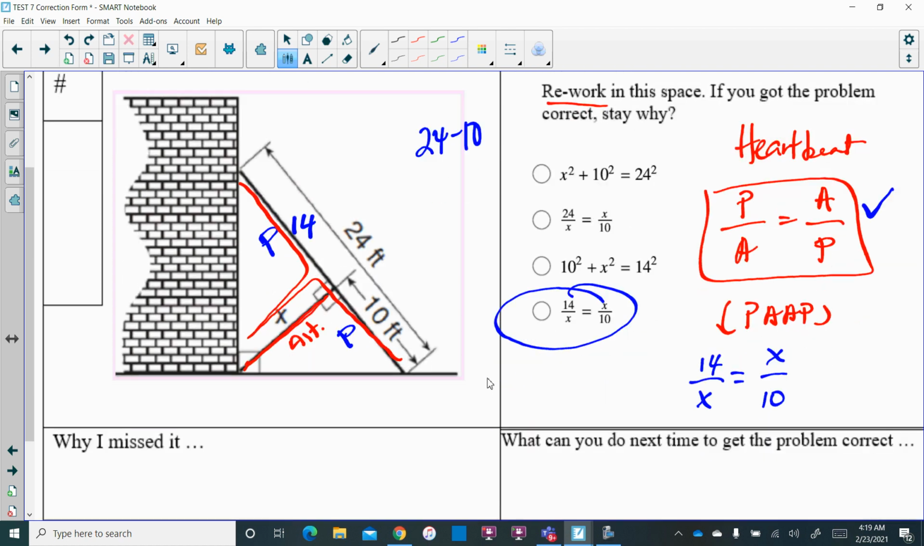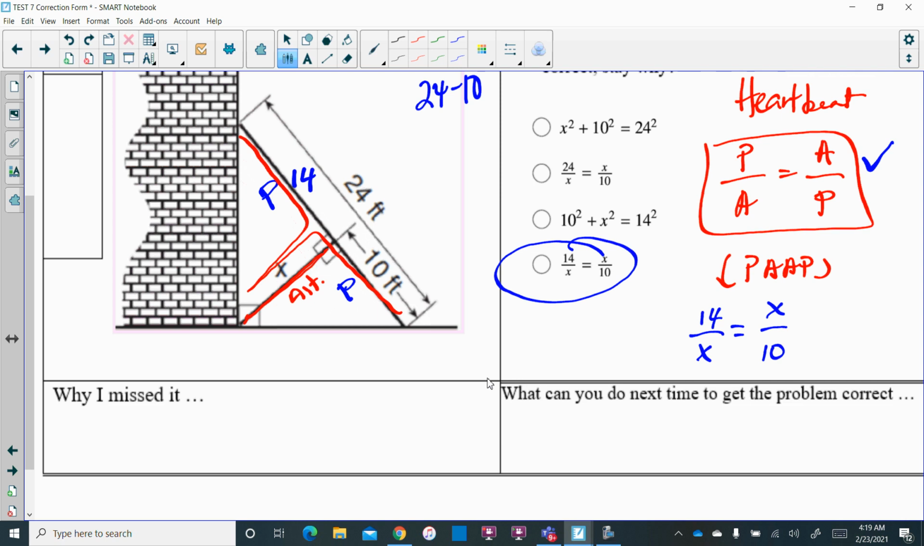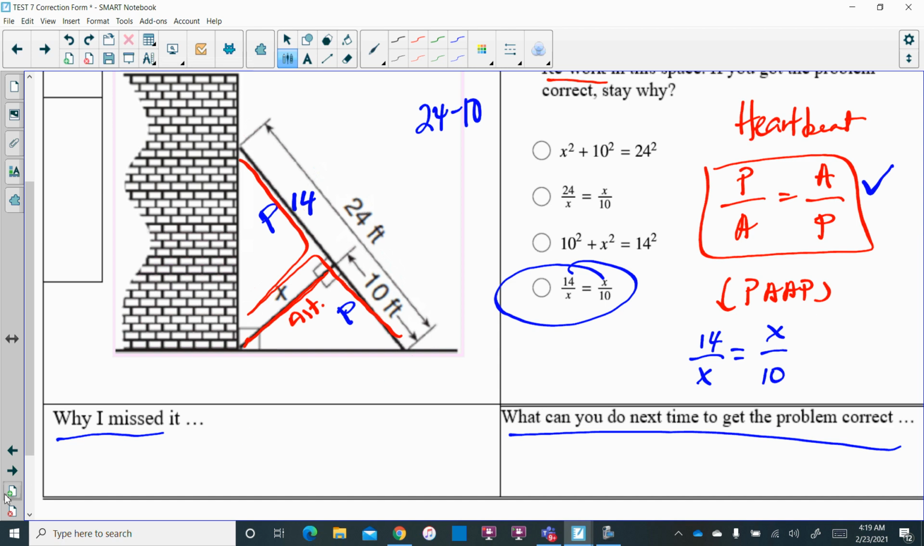Now, for retesting purposes, to get a better score, don't forget to tell me why you missed this and what you can do next time. Okay? Now, when we get to the next question,